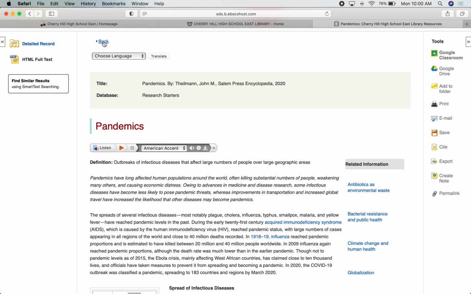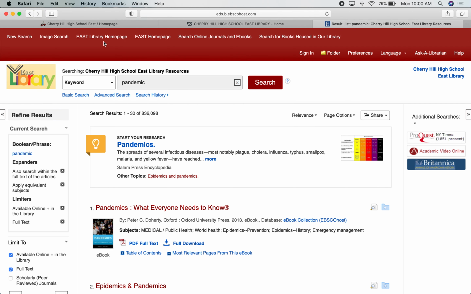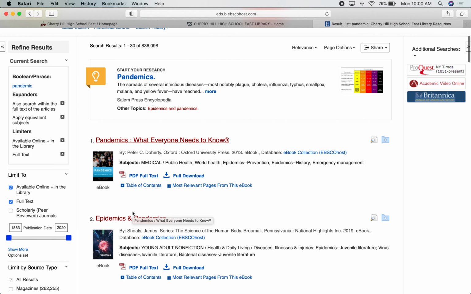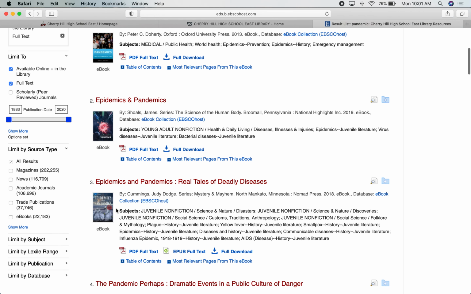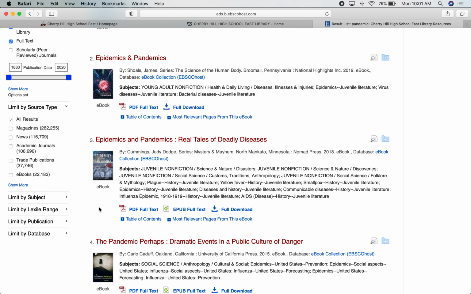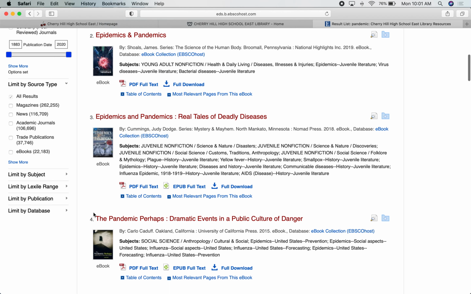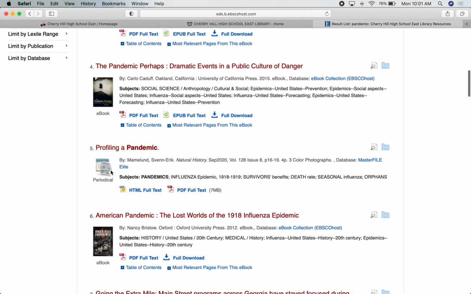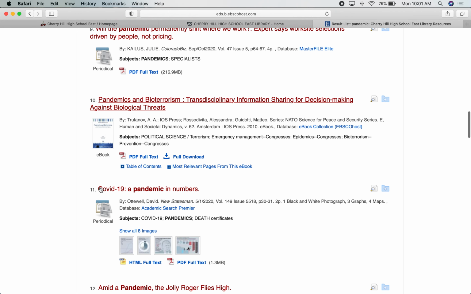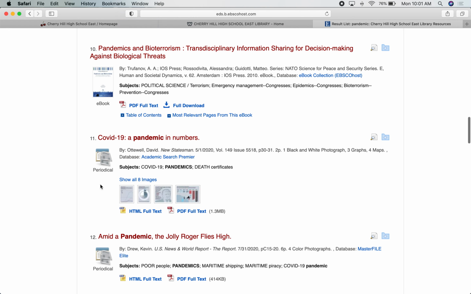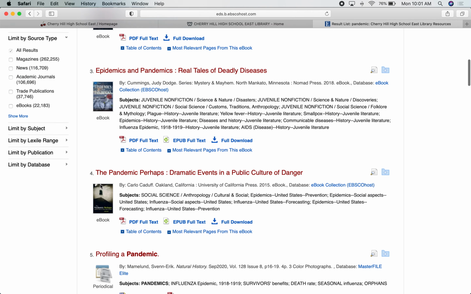I'm going to use this back button here to go back to my search results because I want to show you a couple of other things about the search results that you will get. These first items that come up are ebooks from our collection. So if we do have an ebook on the topic that you are searching, they will appear in this layout first. And then if we keep scrolling, you will find there are some periodical results that come up. And there's other types of search results that you will get within this screen. I'm going to come back up to the top